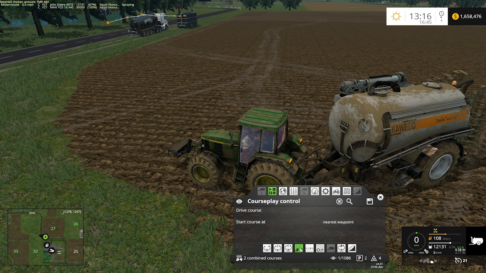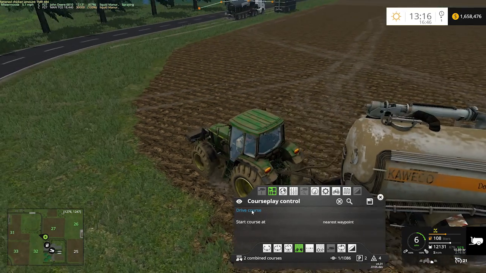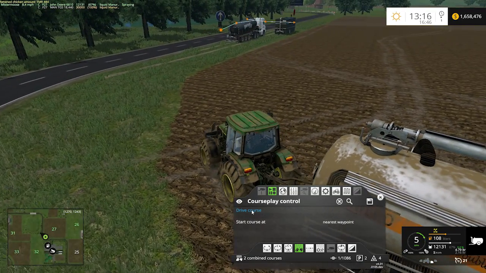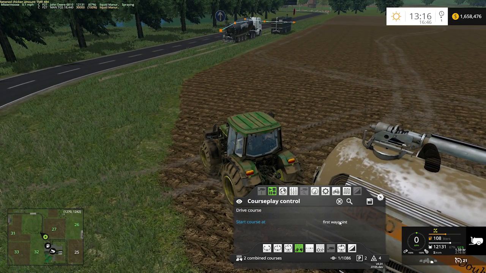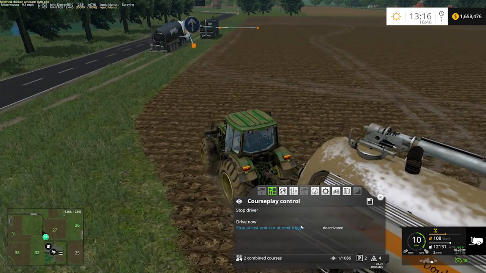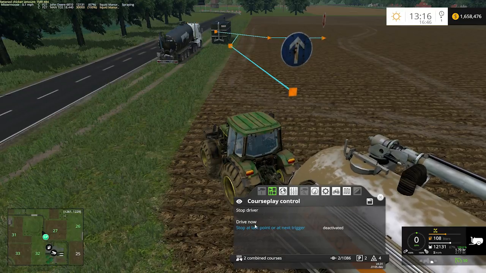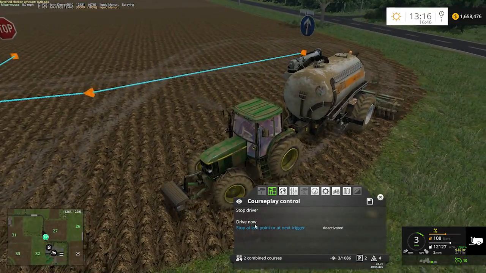So make sure you're in fertilize and seeding, and that way it knows that when this tank empties out, it needs to drive over to the next course and do its thing. All right. So all we have to do now is just drive the course. So we'll pull over here to where our first waypoint is, and I'll just actually say first waypoint, drive course, and let it do its thing. It will unfold and it will start